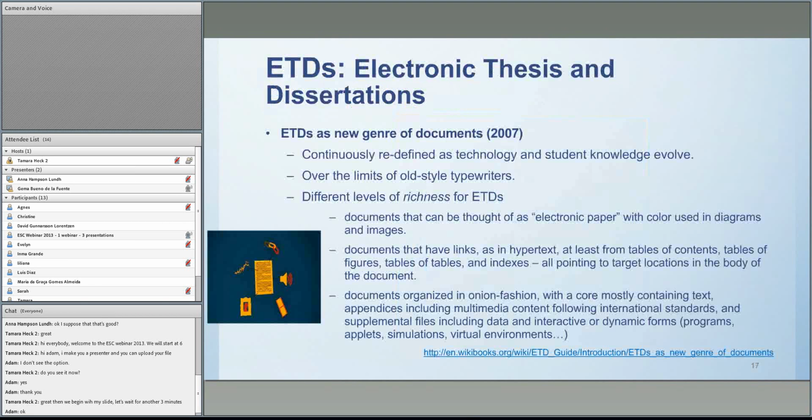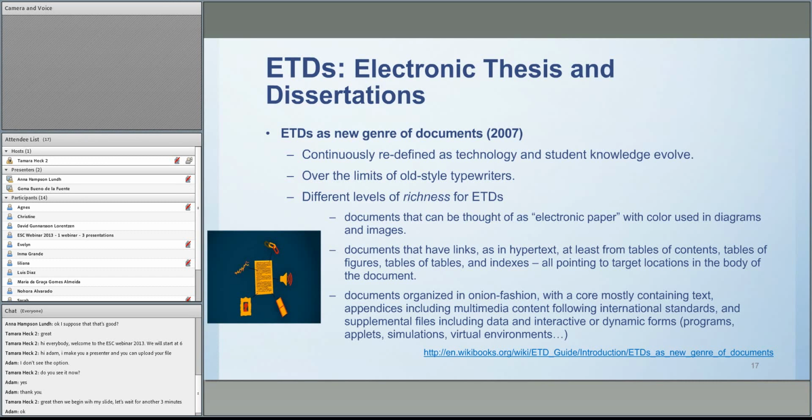So there is an initiative. I'm sure you know about electronic theses and dissertations, and it had started in 2000, more or less 2007, and they have already talked about the importance of rich theses that not only have the document, all the text, but also hypertext, links, and even extra materials, multimedia, data, interactive data, and so on. This is already a